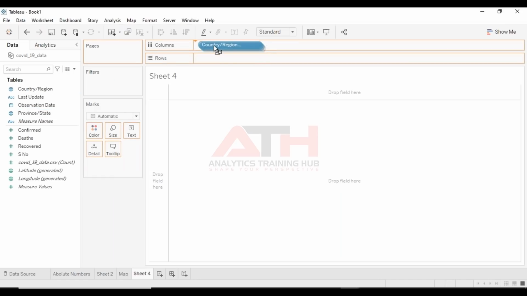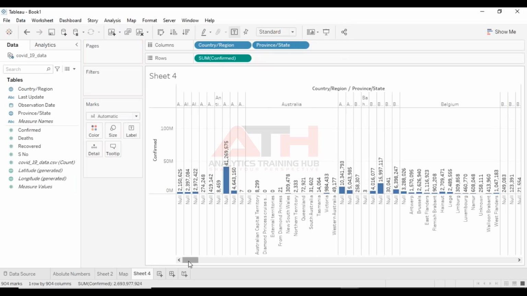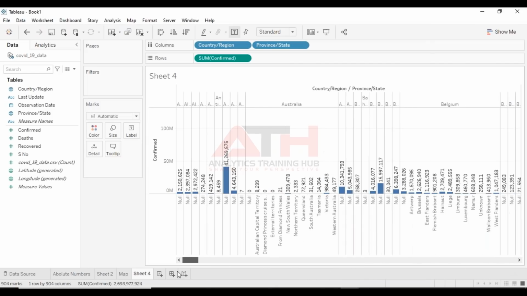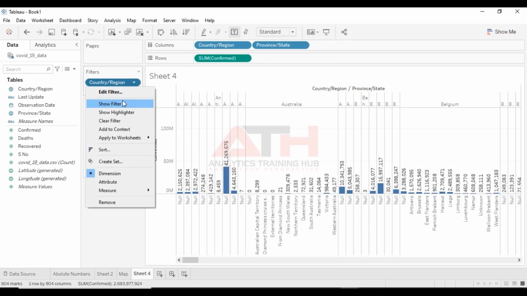So I'll put my country and province in the column shelf, and I'll put the confirmed cases here. So now I have country and provinces in the visualization as per their confirmed cases. But again, I'll filter it country wise, the way we did it earlier. Apply, okay. And again, I'll show this filter.